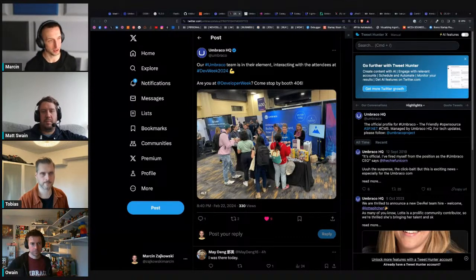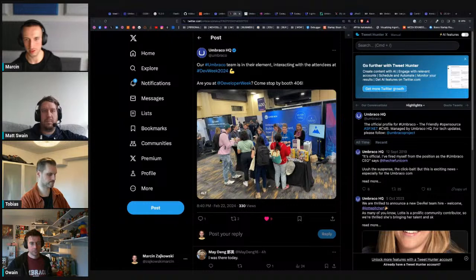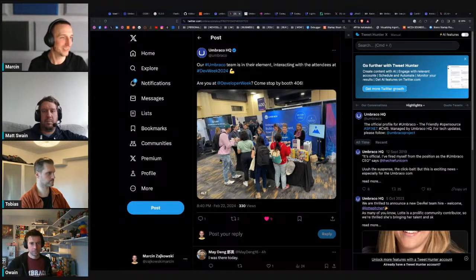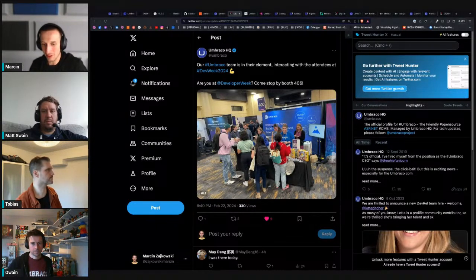It looks like Umbraco is being promoted amongst the various tools and systems in this part of the globe, and amongst the developers, because we've all discussed the importance of developers in this setup, and where to look for developers, like at Developers Week events. So that's really cool that we are there as Umbraco, and I'm really looking forward to some updates from Umbraco HQ on what has happened there.